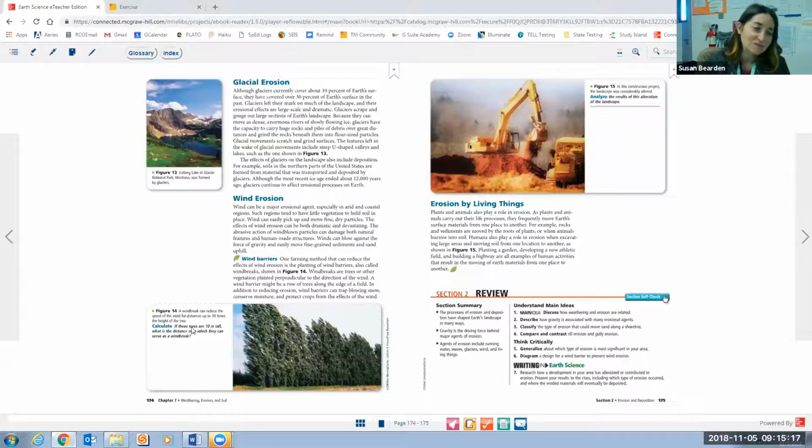Okay, so I guess when they say windbreak, they mean these trees because they're stopping the wind. Okay. It says it can reduce the speed of the wind. So that's textbook language for saying slow down, right? Okay. All right. So it's slowing the wind down for distances of up to 30 times the height of the